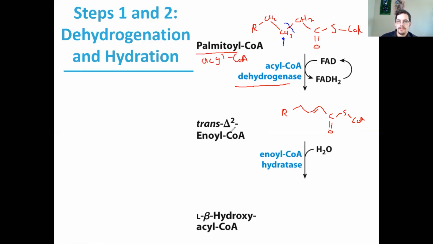If you remember, the delta sign was counting how many carbons it was from the start of our chain. So this would be carbon number 1, this would be carbon number 2. The double bond is starting at the second carbon, so it tells us it's at the second carbon. It also tells us it's trans. Of course, the EN here indicates that there's an alkene, and then we have our original acyl-CoA indicating that fatty acid attached to our coenzyme